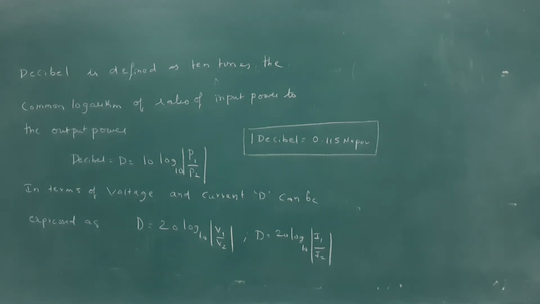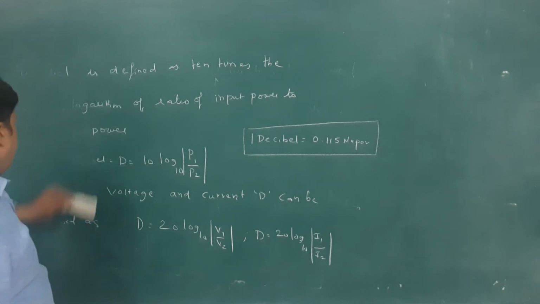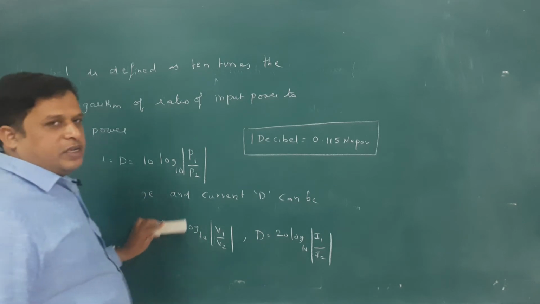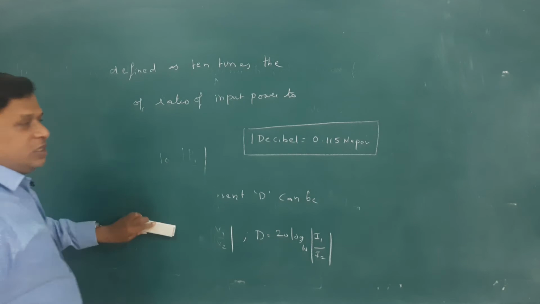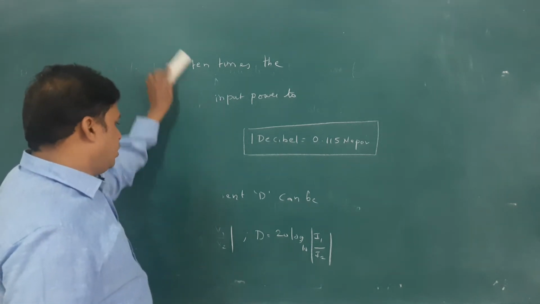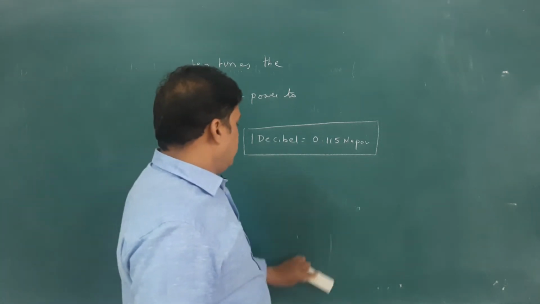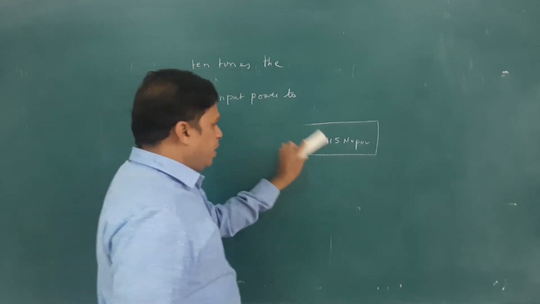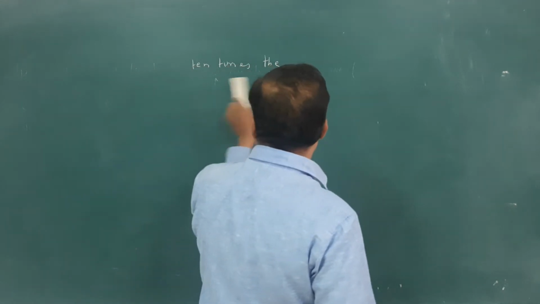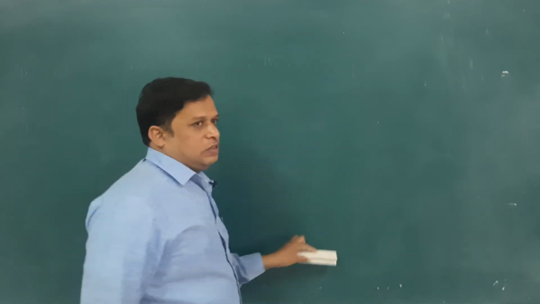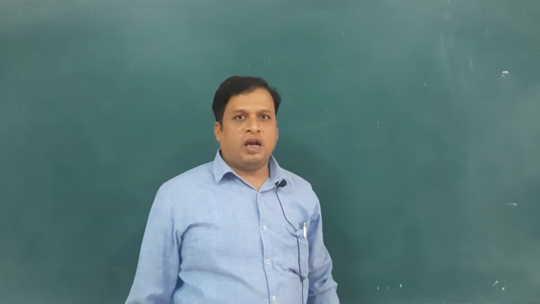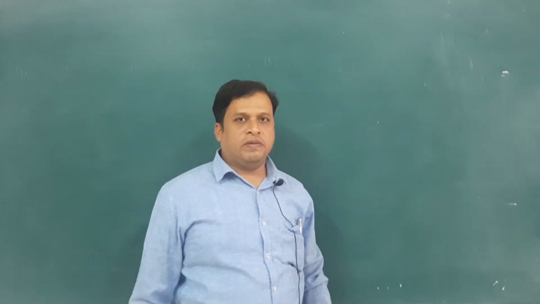Now we will talk about the constant K low pass filter. We have already discussed the characteristic impedance, and for a T network and pi network we have derived the characteristic impedance, students. You have to remember those values for the T network and pi network. So we will see now what the constant K low pass filter is.